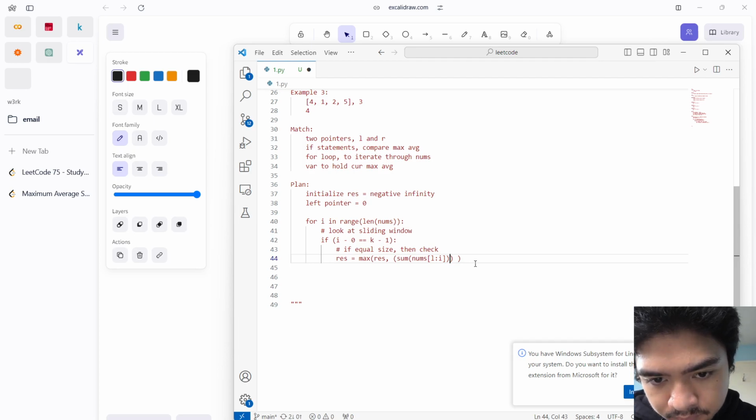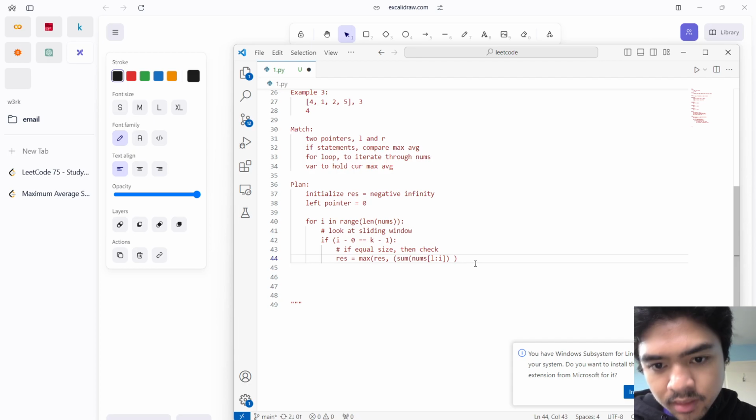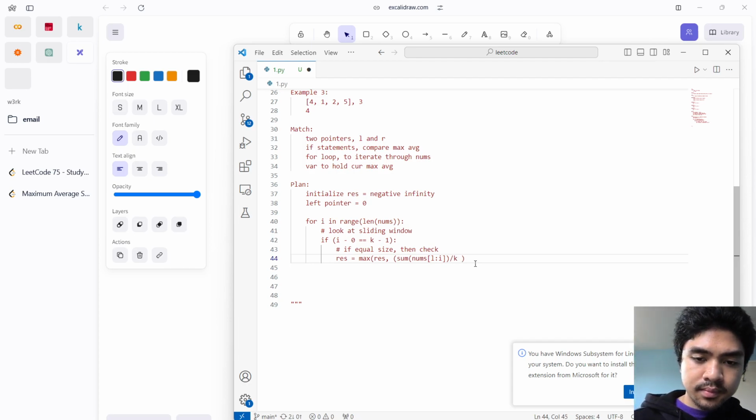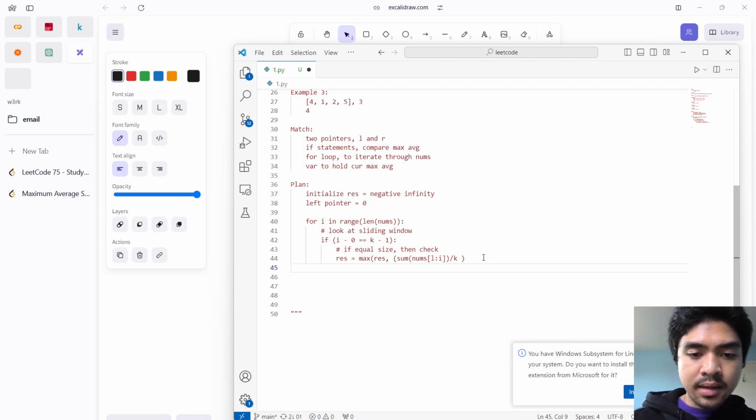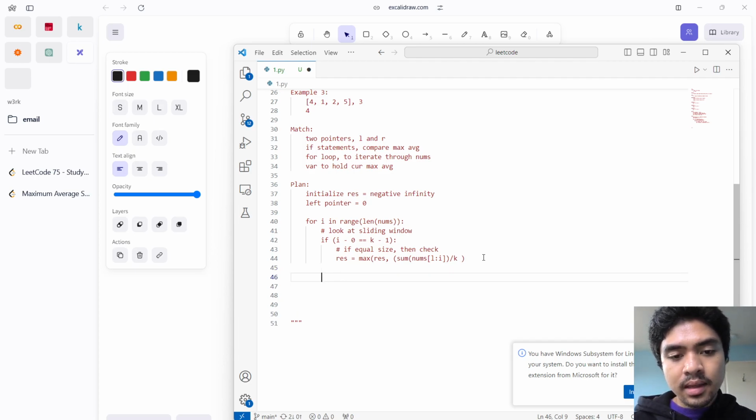Yeah, is that right? That's right, divided by k. And this should work. But I think there's a better way to do that, but that's fine. If you go then check, and then in order to go through or increment, right, as I plus 1,